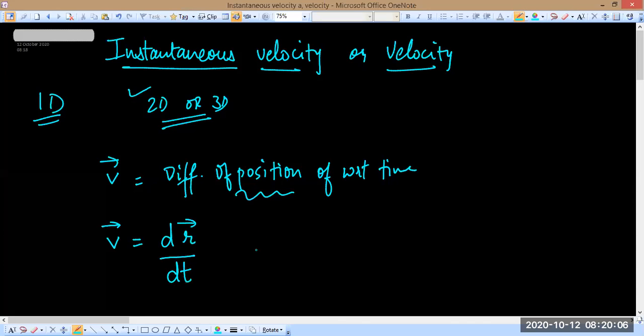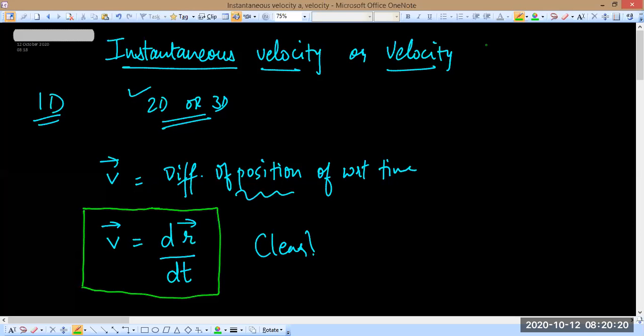Is this clear, everyone? Now you might have noted that I am writing v vector automatically, I'm not writing v. So this is where we're going to have